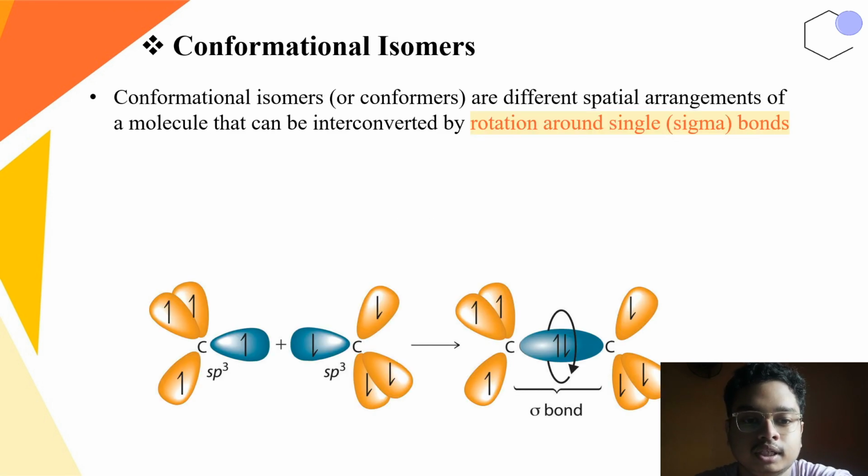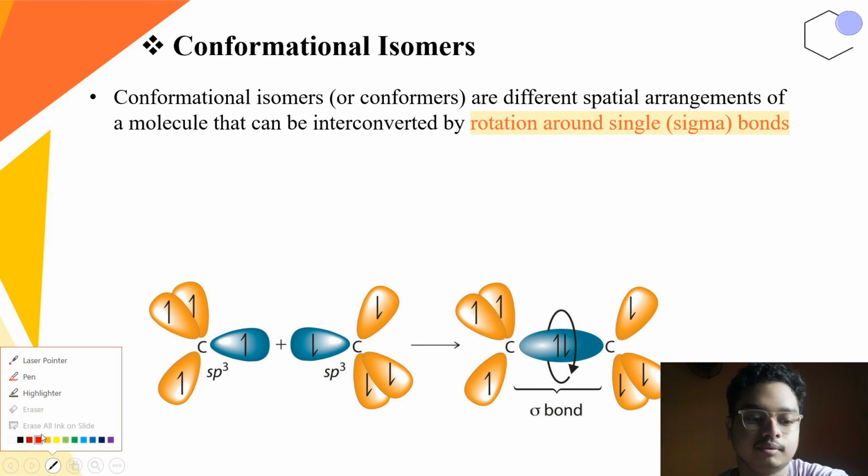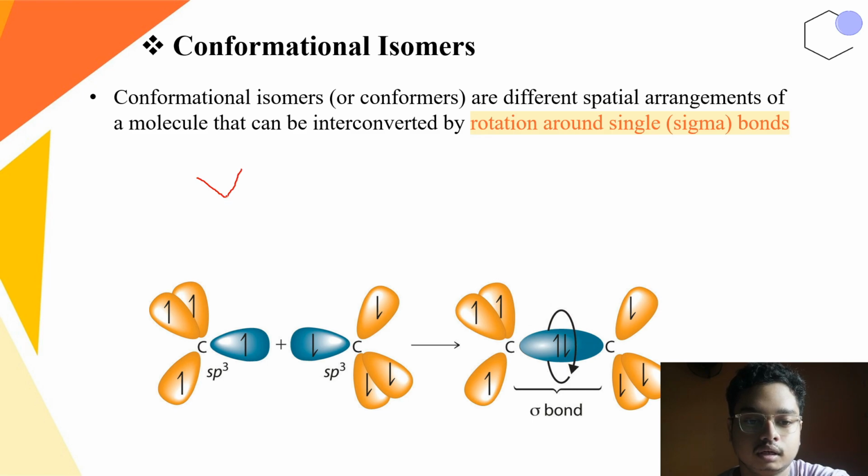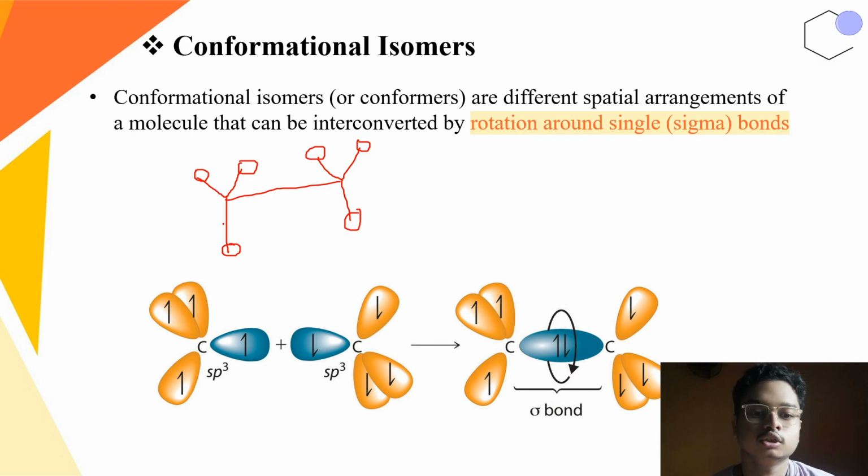So conformers, or conformational isomers, are different spatial arrangements of a molecule that can be interconverted by rotation around a single bond. For example, suppose you have this type of molecule where two chiral centers are there. Here is one group, here is another group, here is another group. Similarly, you can see this in the Sawhorse projection also. So what happened is that